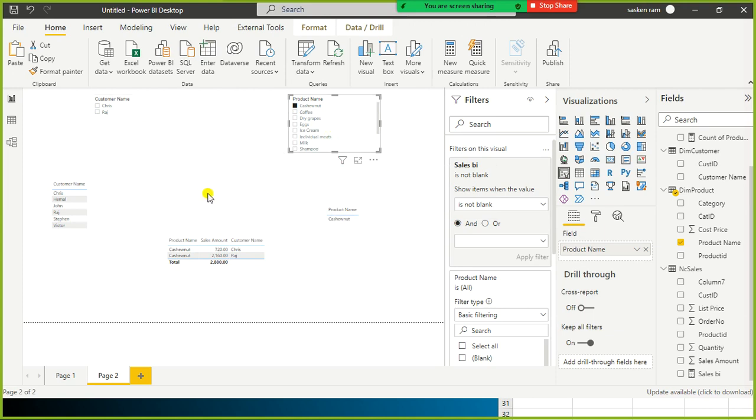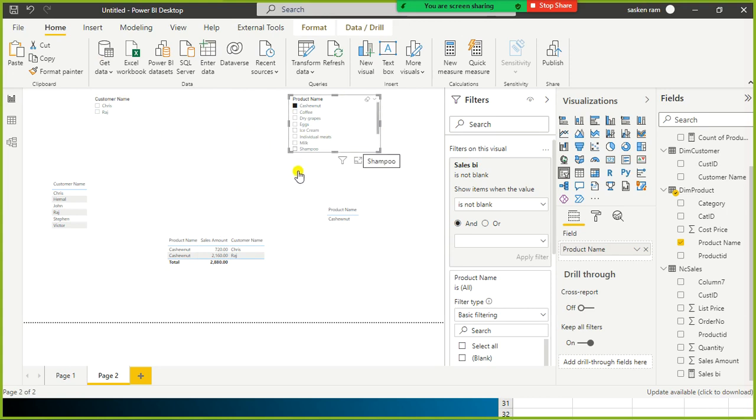This is another scenario. In the case of the reporting canvas, if you want to do it for the slicers, whatever you apply, the other visual should also get refreshed. But if I don't use it, what will happen? As I showed previously, when you apply any filter on the customer slicer, it was not filtering the product slicer.